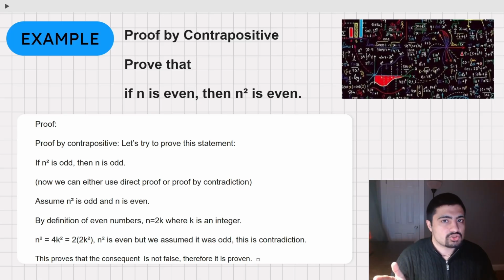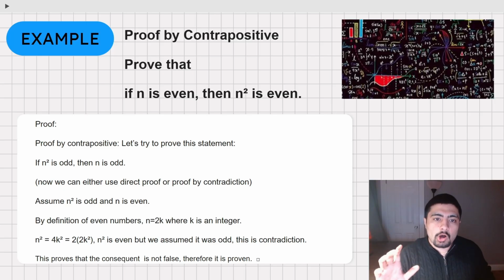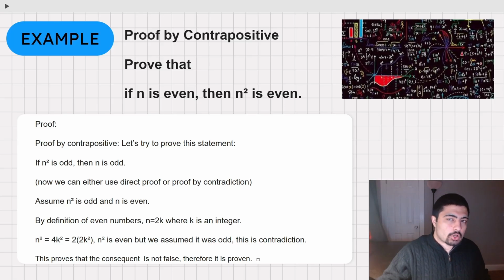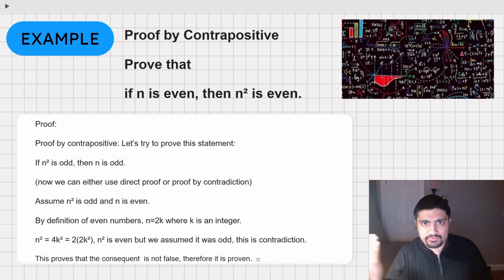Before we jump into the proof, think about this. If n is even, then n squared is even, which makes sense, okay? How about if n squared is odd, then n is even. N is odd, I'm sorry. How about that? If n squared is odd, then n is odd as well. Thinking about that, that does make sense. Try an odd number. For example, an odd square could be 9. What is 9 the square of? It's 3. So we have 9 and 3, which are both odd numbers. That does make